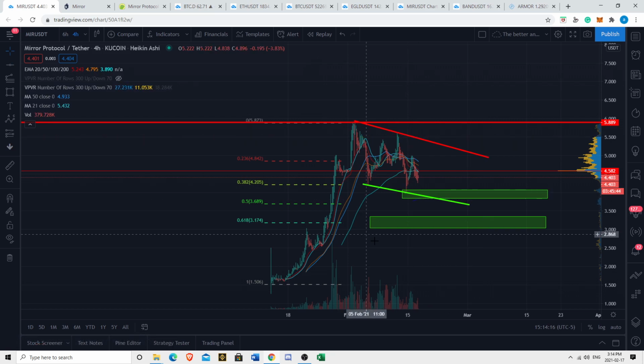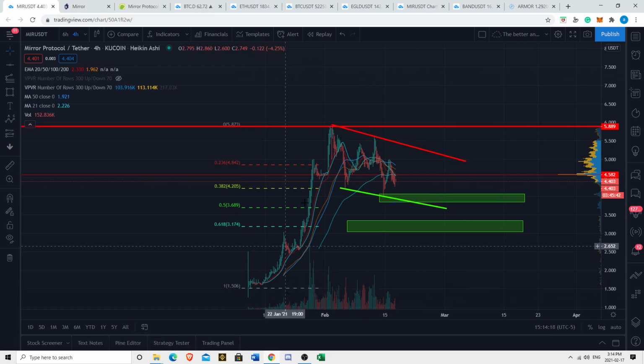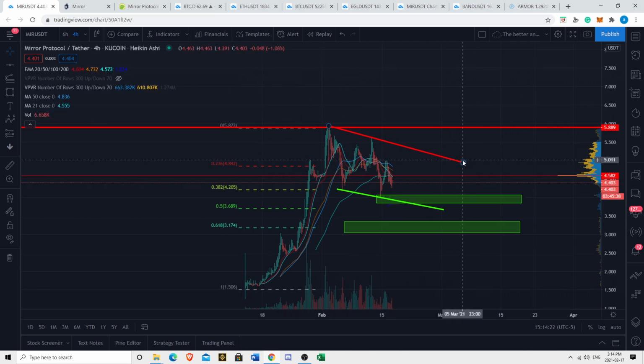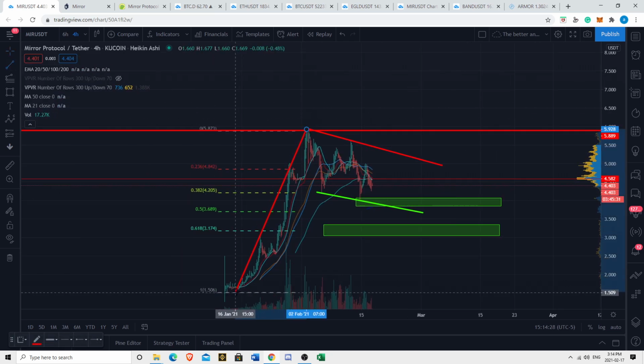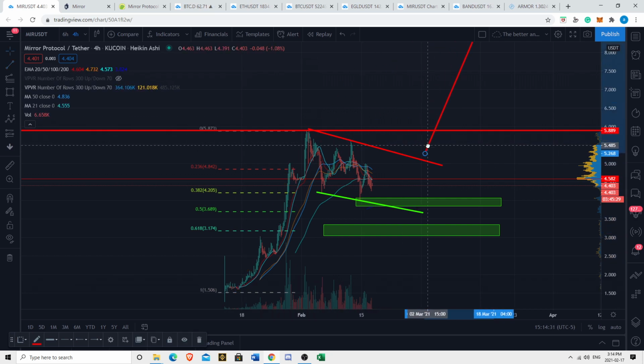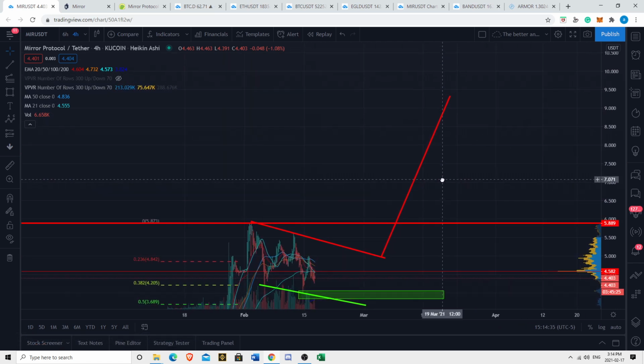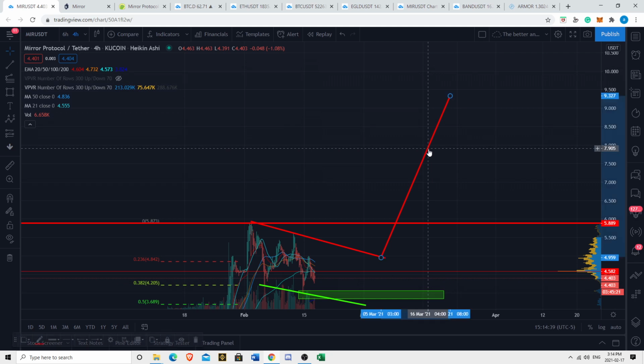For those who don't know what a bull flag is, basically we have a major run up, a major impulse, and then this downward moving channel. If we break above this resistance line, then we have a good chance of breaking up the height of the original impulse. So if indeed we break out bullishly, let's say from $4.90, $5 is the breakout point, could this go to $8, $9? I think it could, folks. I really think it could.